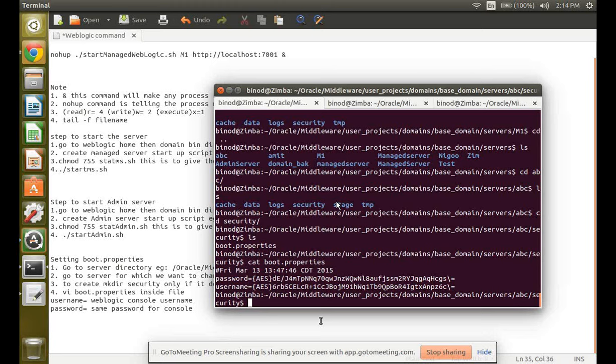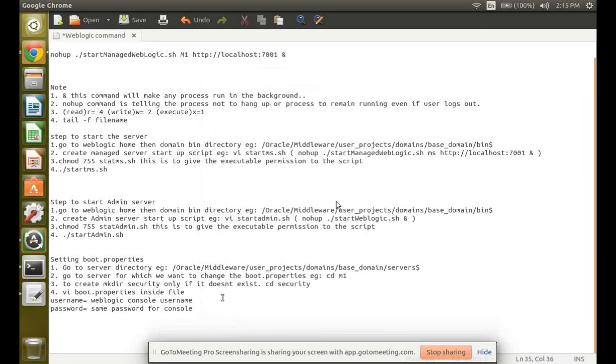Okay, I guess we have covered pretty much for today, and we have covered most of the practical stuff today. So these are the steps to start the managed server, and below is for the admin server. And to set up the username and password, if we have boot.properties, you can put it